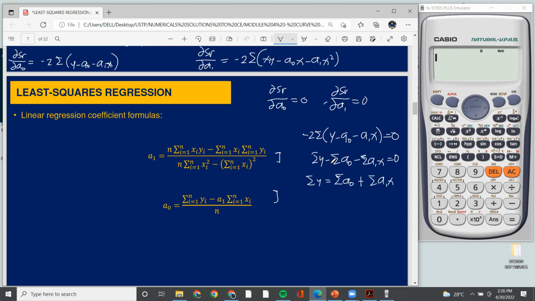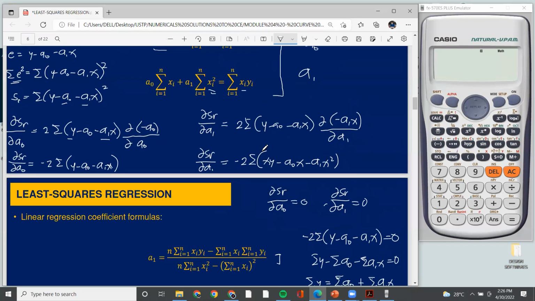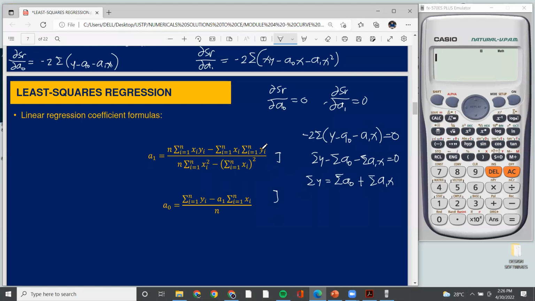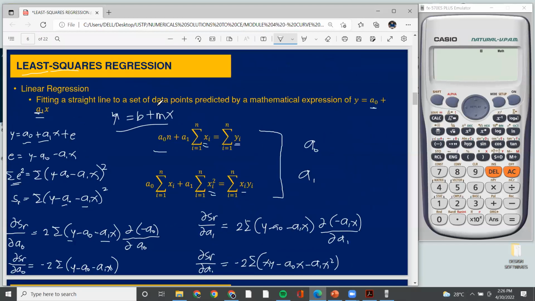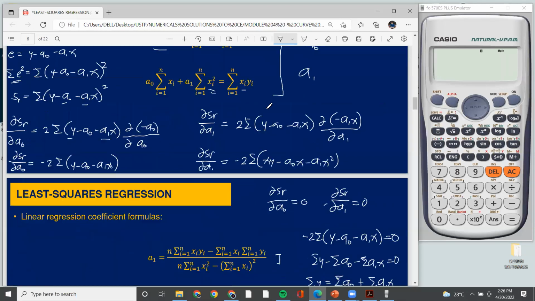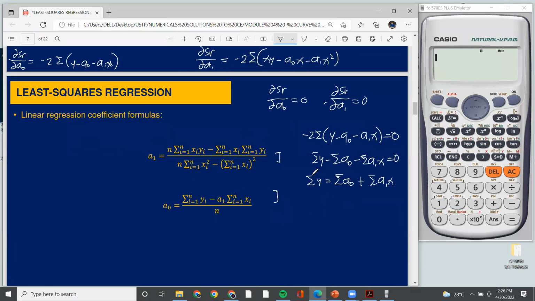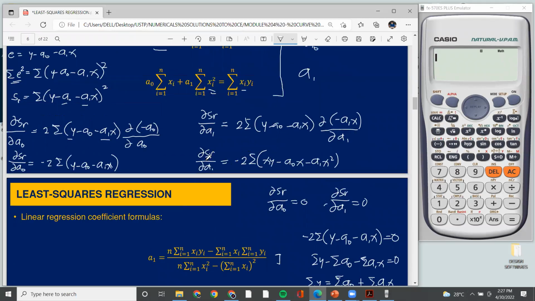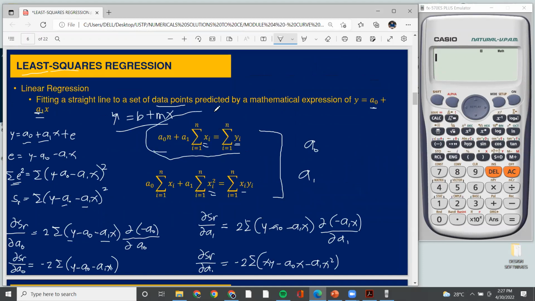Now, kani si summation of a sub 0, this is the summation of all data or data points. Kung pila ang imong data points, say maabot siya 7, mo ni siyang summation of, so ato na lang siyang ilisan. Summation of y is equal to a sub 0 n, pasabot number of data points, plus the summation of a sub 1 x. Okay, this is the summation y. As you can see, mao na ni siya nga formula. Okay? Pag-derive